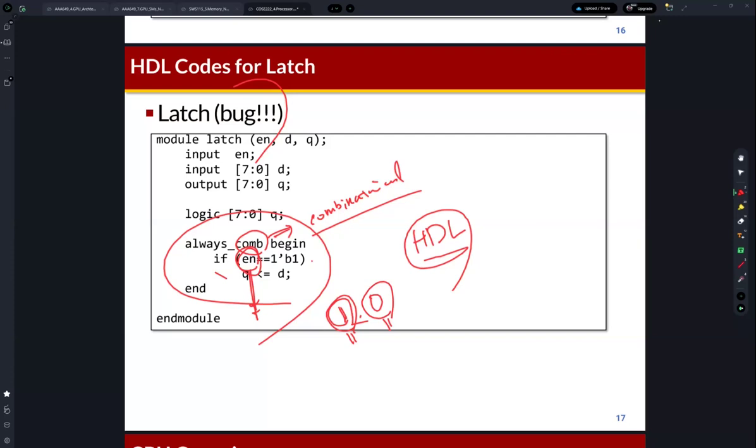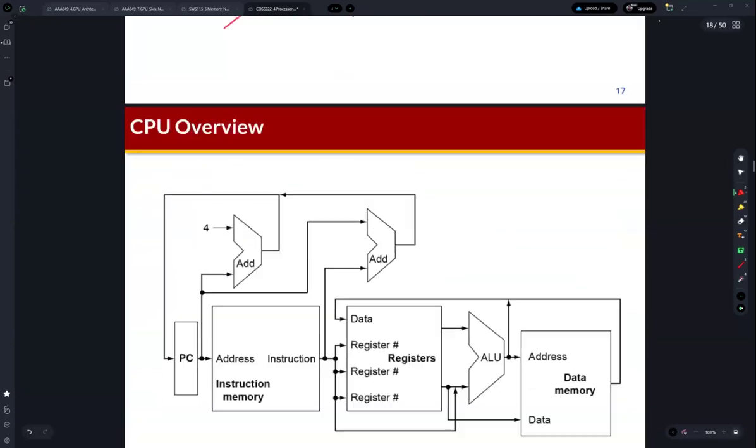But in this example, I just defined the output by this one condition. Okay, a part of the conditions. So this will generate latches, and if a latch is generated, then it's a bug. Okay, it's a hardware design bug. Okay, so we need to avoid bugs, right? Okay, so